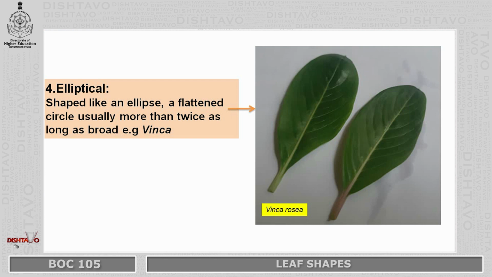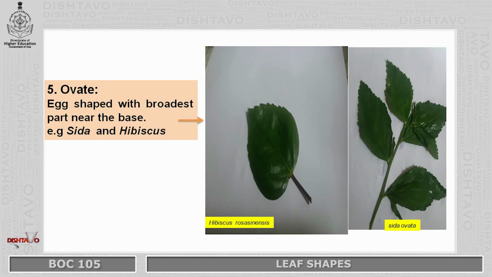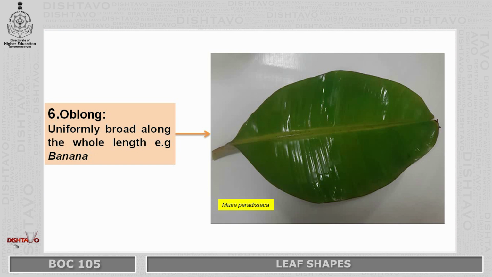If you see the diagrammatic representation and a little bit of explanation, these elliptical leaves are shaped like an ellipse, a flattened circle, usually more than twice as long as broad. Then ovate. Ovate are egg shaped with broadest part near the base. You can see two examples here, Hibiscus rosa-sinensis and Sida ovata. Then we see oblong kind of leaves which are uniformly broad throughout the length, as you see in Musa paradisiaca,